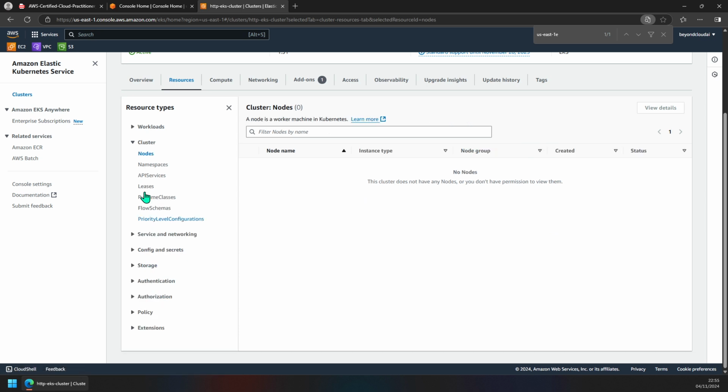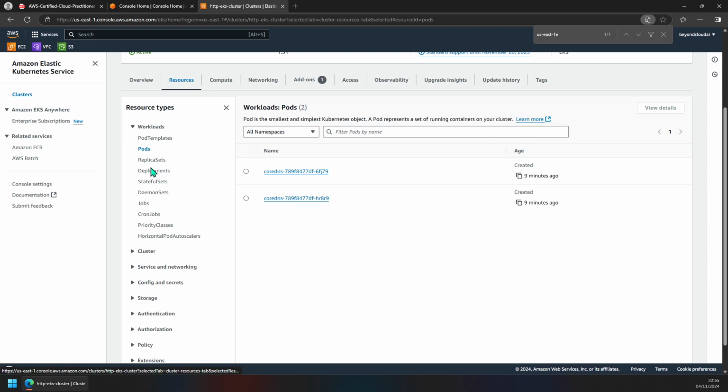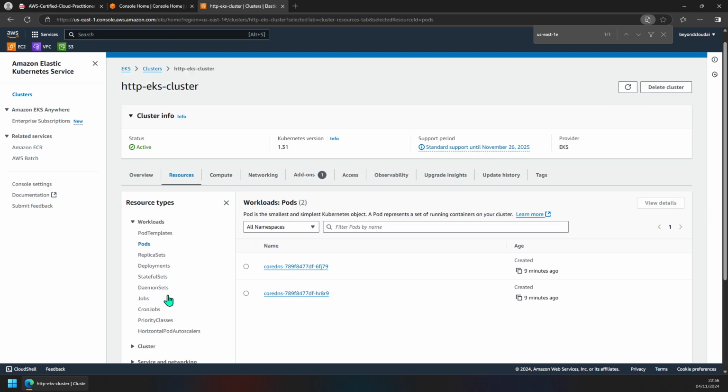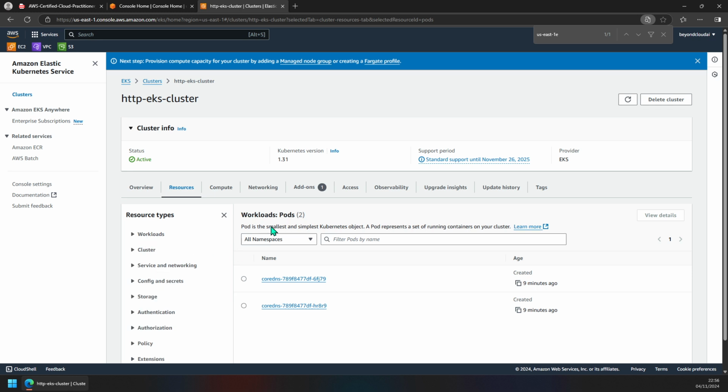So there is already the cluster setup. There are certain items, like pods, configured in the default kube-system namespace. Those are the CoreDNS services. Now it is all waiting for us to create the nodes so that the rest of the items will start populating here. To add what we call a node group,